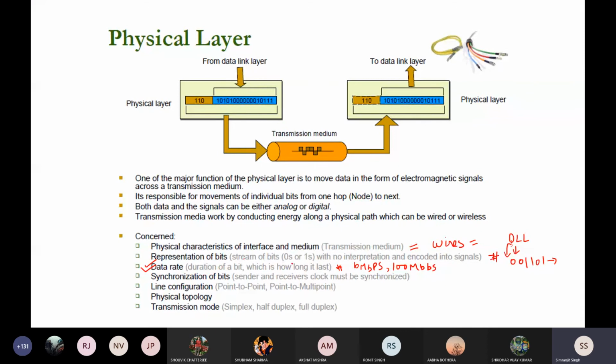Synchronization means that when I send a signal, suppose, this is also a very important part. Understand this part. Again, don't worry about it. I know that you have not studied this subject, but the things that I'm telling you are just the starting of it. I'll go very deep into those things again and again. So don't worry about it. If you revise it, it will be very easy for you. I know that it will be difficult from the starting, but once you get the hang of it, it's a very interesting and very easy subject.